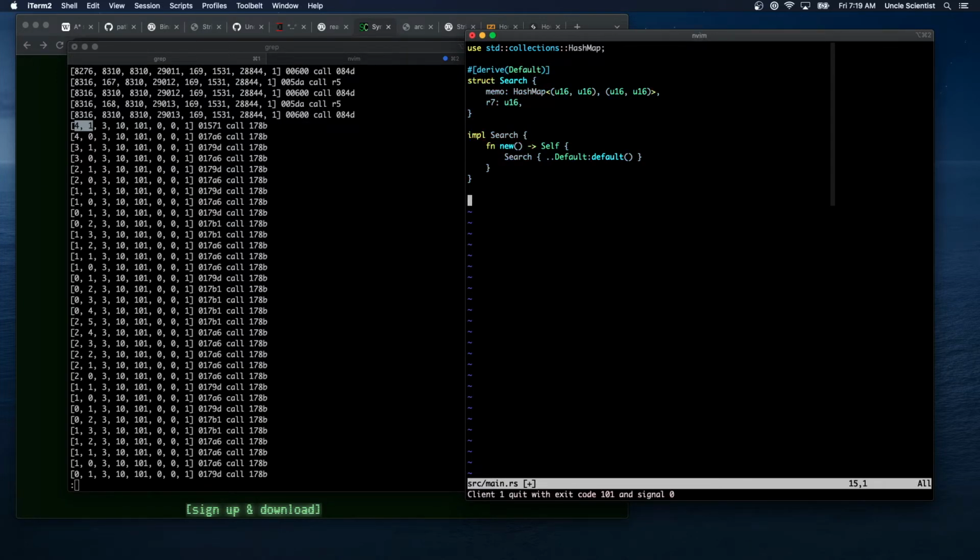Okay, and then main. Here's what I'm thinking of doing, is just saying for R7 in 1 to 32767, right? That's as high as we can go. We'll create a new search. We need to pass in the R7 value. And so we'll just say R7 default. And then we'll pass that in, R7, and then we'll say s.find,